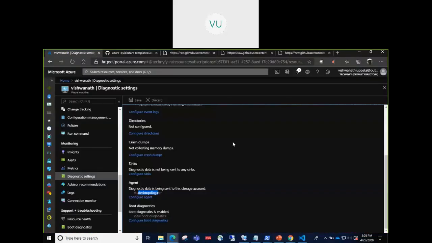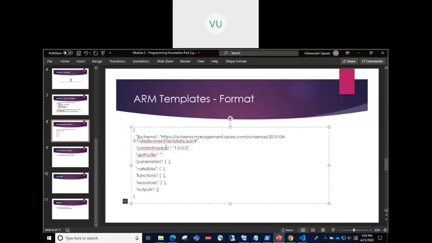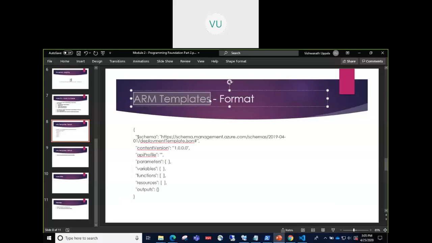Fine. Okay, so let's go back to the portal. Okay, so here, ARM templates. This might look overwhelming in the first place. Any new thing, if you try learning for the first time, looks overwhelming, but once you practice it, things become clear.